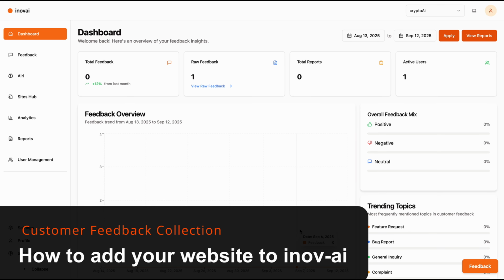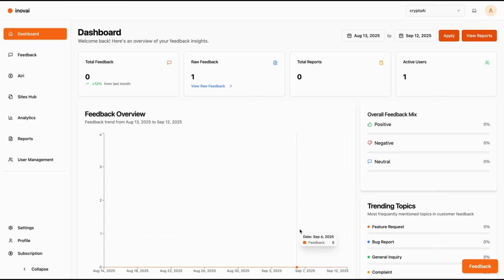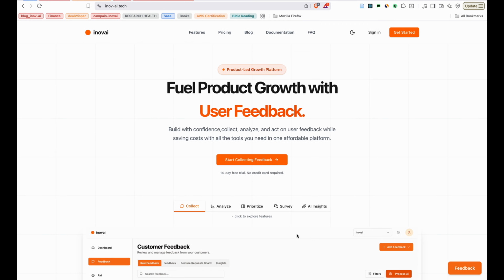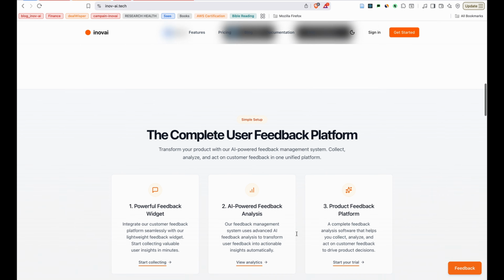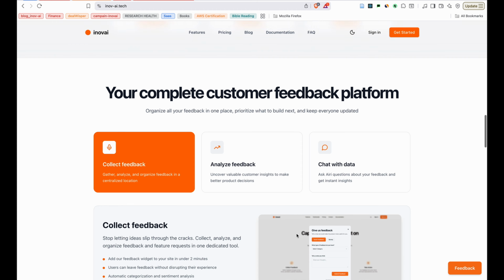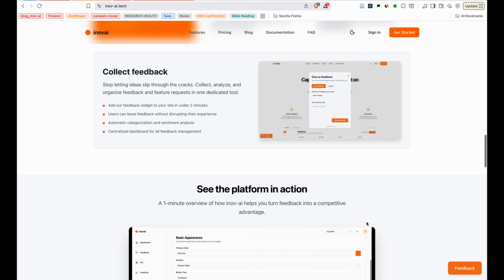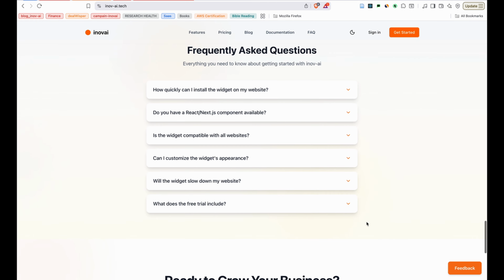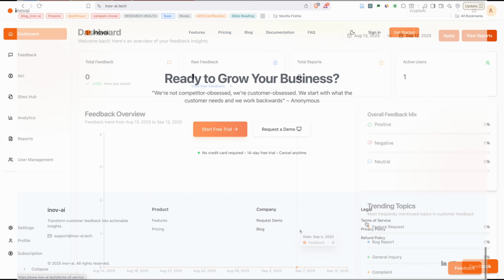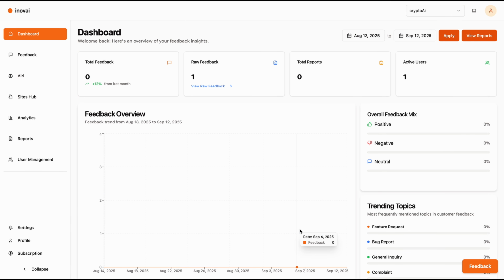Today, I'm going to show you how you start your feedback collection journey with inov-ai through site creation. Now, as you know, inov-ai is a feedback collection and analytics tool, and we have a lot of services that we provide through the platform. But today, I'm going to give you a walkthrough on how to add your site